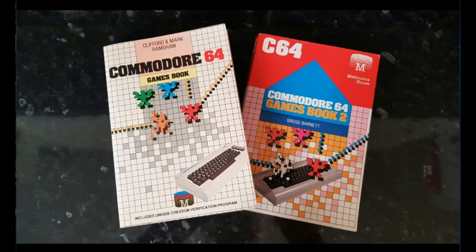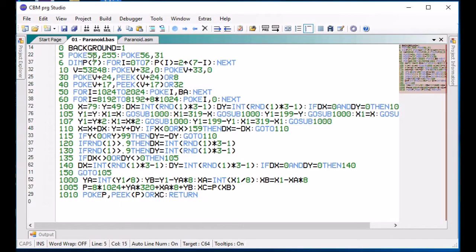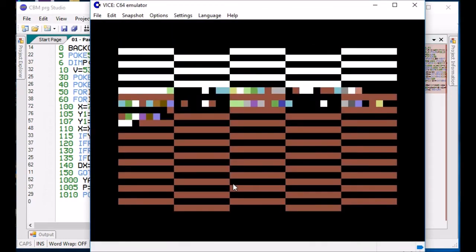So if we just have a quick refresh of the program itself, so here it is. It sets the background, protects basic, creates a mask, sets up the VIC chip, clears out the screen memory, clears out the graphics memory, and then starts plotting points. So if we run this, and be warned, it's going to take some time, you will see, so here we are,